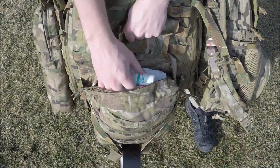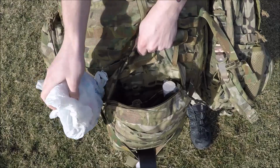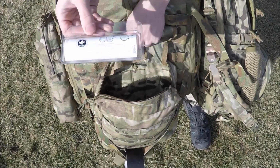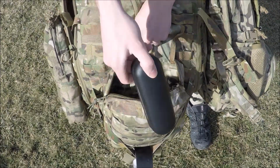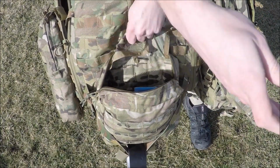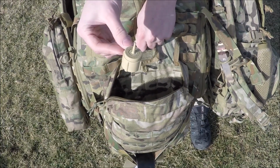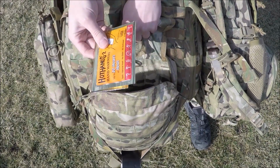So in here, I had contact solution, baby wipes, or wet wipes, Gold Bond baby powder, an actual real tourniquet, Coleman camphor soil paper in case I had to wipe some more, my glasses case, hand warmers, and an emergency poncho, in case it rained too bad, a propane adapter, some deodorant, some more hand warmers,